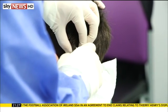brain. There's a natural barrier from the bloodstream into the brain which blocks poisons, which is useful for us, but also blocks the chemotherapy getting in to treat the tumour. So over a number of years, my team, in conjunction with a company called Renishaw, have developed a system of tiny tubes which we can use to drive drugs directly into the brain and to get this chemotherapy right into